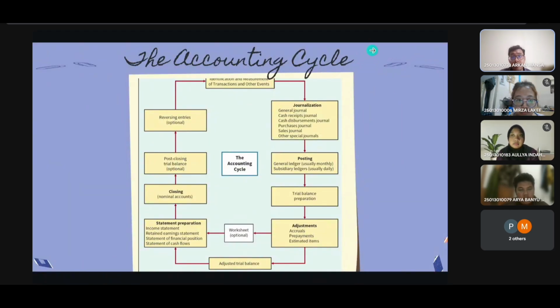Then we have the accounting cycle. In the picture, we can see the standard accounting cycle from journalization all the way to closing entries. But the underlying issue is how far should an organization record an event or transaction. There are no simple rules that state which events a company should record, but the items recorded should be relevant information and a faithful representation of the assets or liabilities and of any income, expenses, or changes in equity. In short, a company should record as many transactions as possible that affect its financial position.